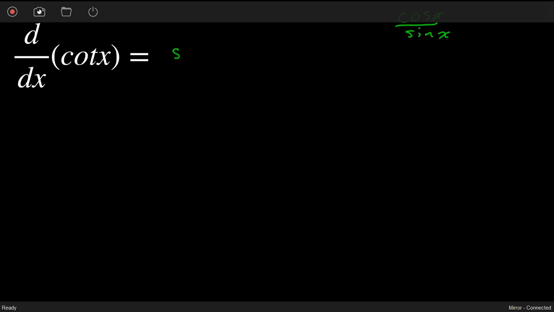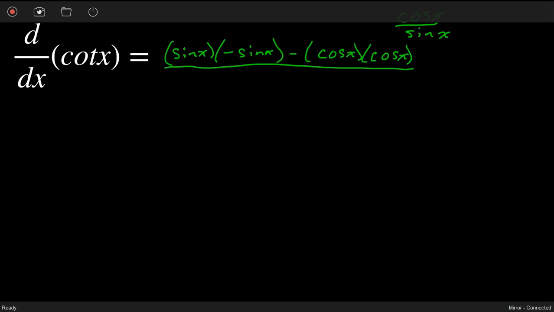So you're going to have bottom times derivative of the top minus top times derivative of the bottom over bottom squared. So you're going to get negative sine squared x minus cosine squared x